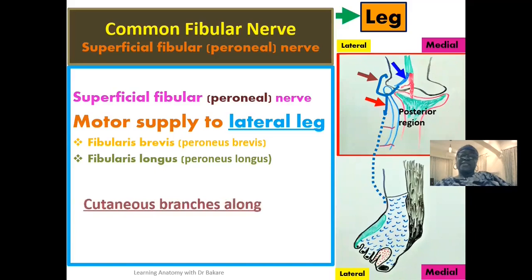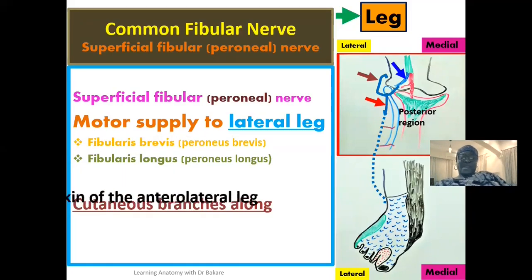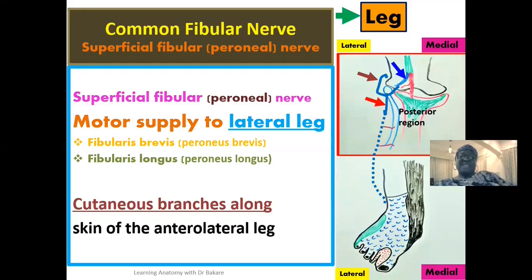And as it descends further down, it's seen to give cutaneous branches. These cutaneous branches are seen to provide sensory innervation for the skin around the anterolateral region of the leg, and this is what is highlighted here in dotted black. So you see a number of branches will emerge, of course sensory branches, giving off cutaneous innervation for the anterolateral